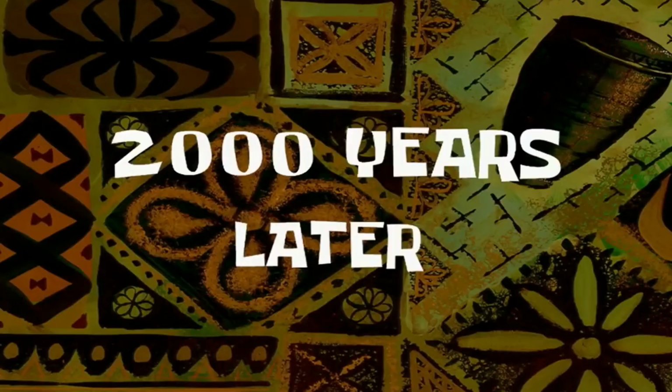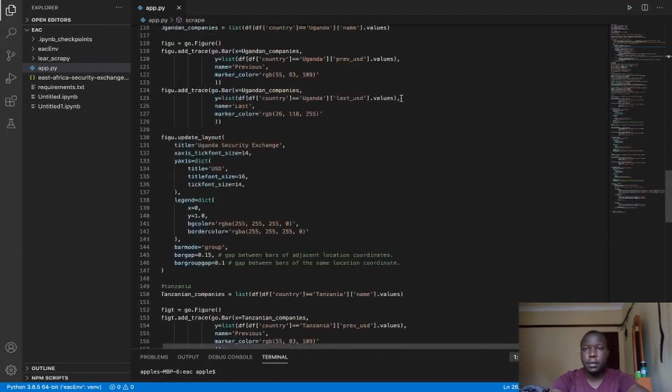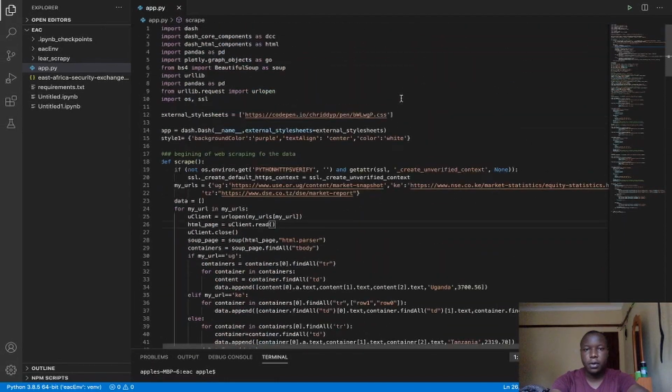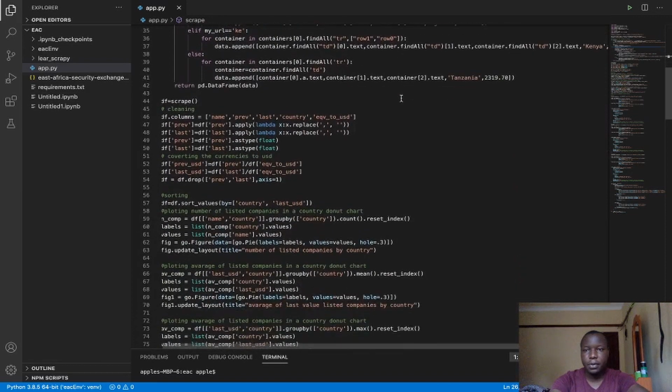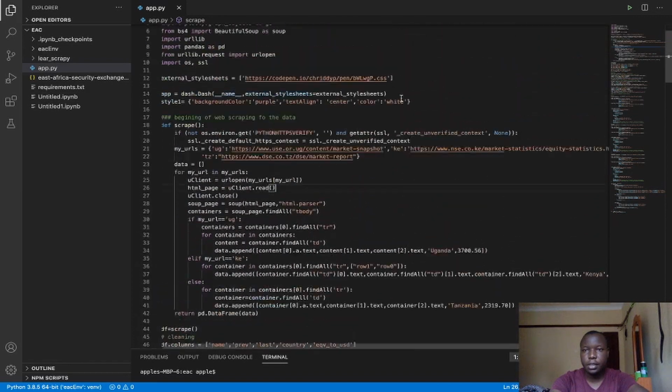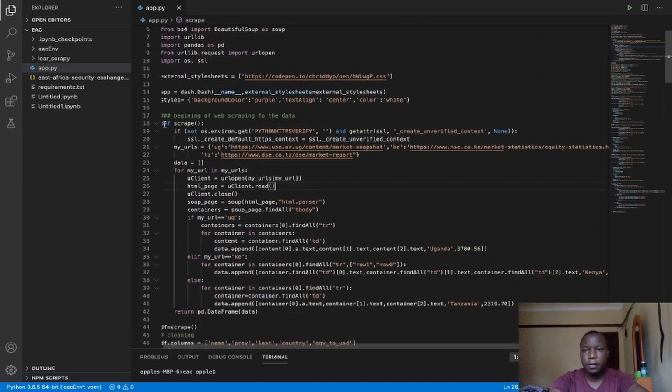We have been able to collect data from the three websites, and now it's time to project them into a dashboard. I think I'm going to use Dash. If it fails, then we'll use Chart.js. 2,000 years later. Well, after a lengthy time of coding, I've decided to build the app using Dash, and we can see this. From this function,